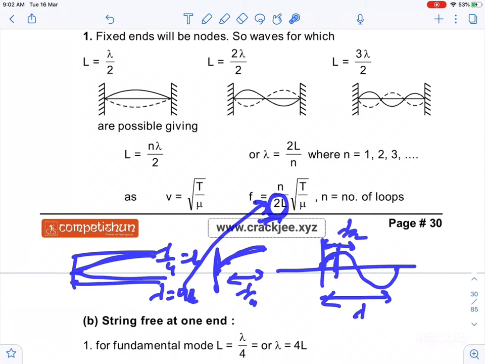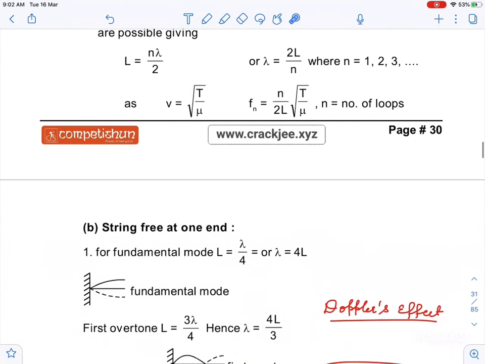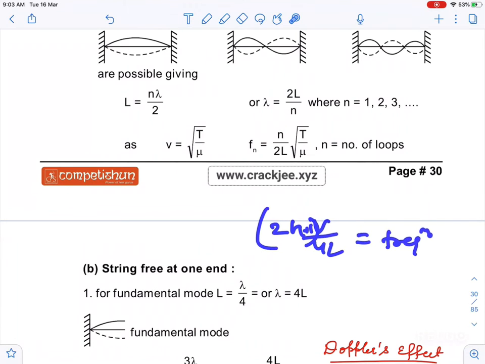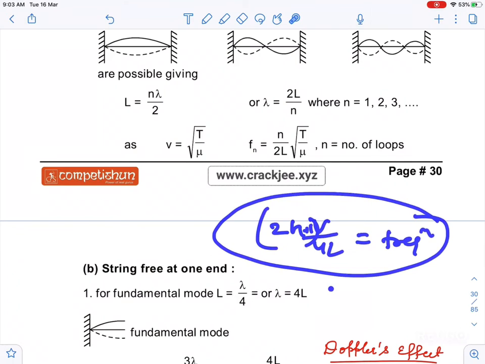So that is why, for open and closed organ pipes, lambda can be written in terms of L. I have written this for the fundamental mode. This is for the closed organ pipe, where one end is closed, or a string fixed at one end and free at the other, so you write 4L. I already discussed that for a closed organ pipe the frequencies are V by 4L and (2n plus 1) V by 4L.